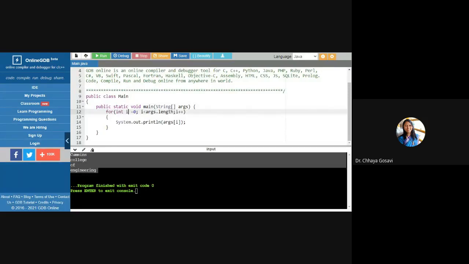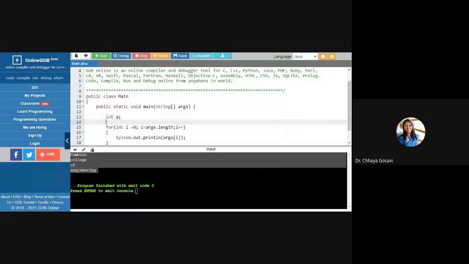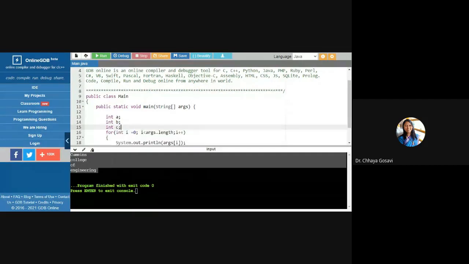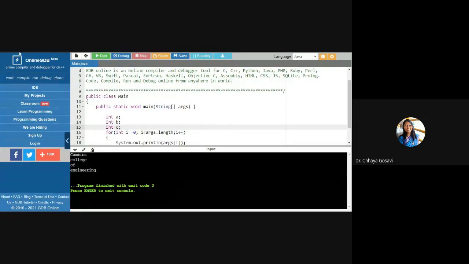Suppose I want to modify this program. I want to take command line arguments and perform addition of those numbers. So int a, int b, and int c. I'm accepting three command line arguments from the user.